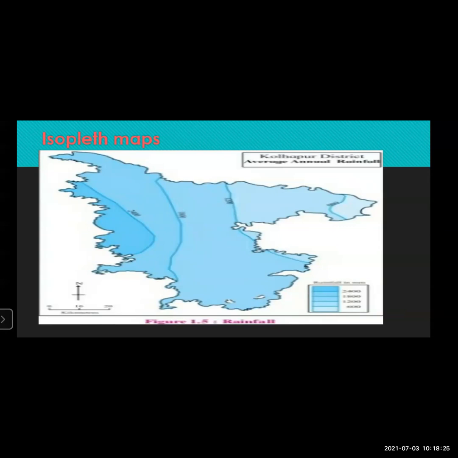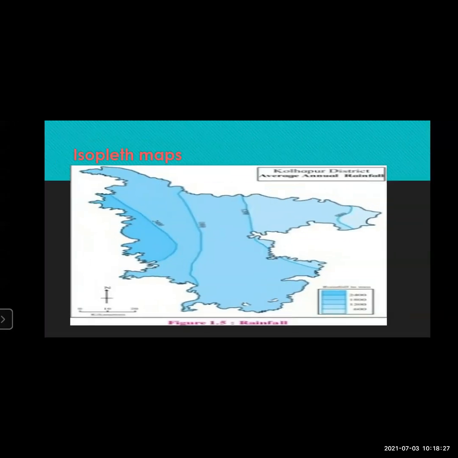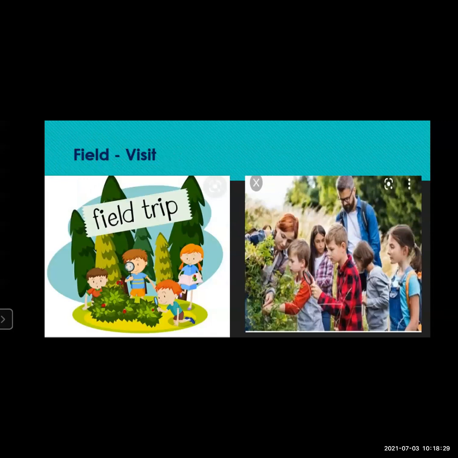Now let's move to the topic. This is a very beautiful picture you can see on the screen here, that is related to the field trip or field visit. Now, this you must have heard in the previous classes. Students, everyone likes to go for an outing, like to go for picnics. You enjoy the school picnics, you like to go over there with your friends, with your teachers. But if you get to learn, then how interesting your field visit will be.